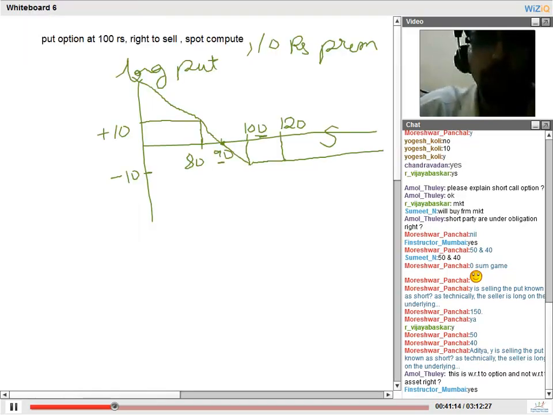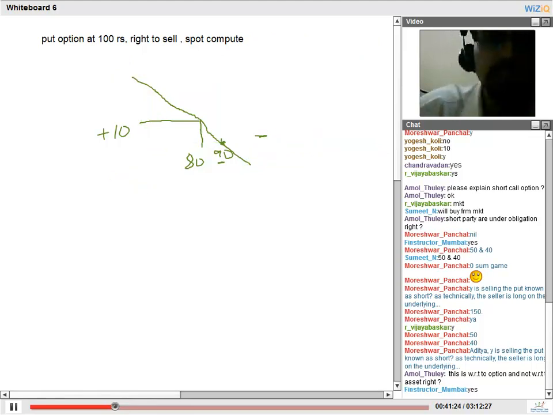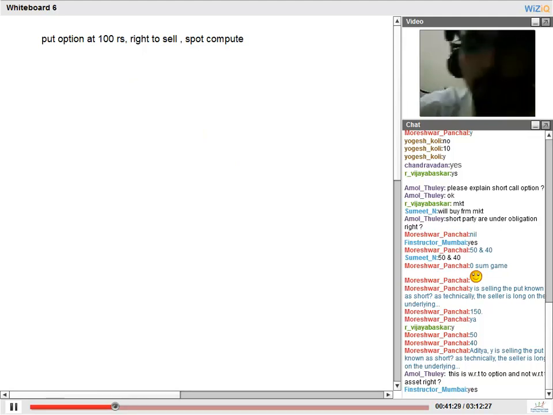Before I prove the put-call parity, let me revise the no arbitrage principle that I did in the first class. The no arbitrage principle said that two assets delivering the same payoff must have the same price. So there is an asset A which is expected to give me 100 rupees 1 year later. There is an asset B which is also expected to give me 100 rupees 1 year later.